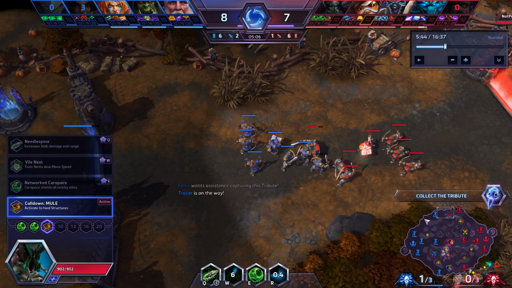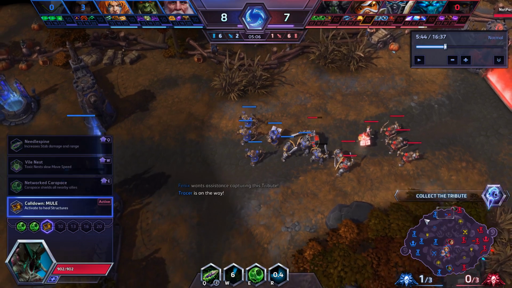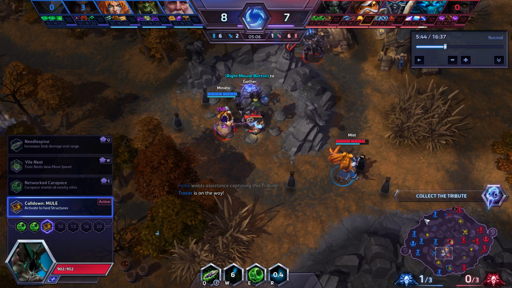So there's many advantages you can get from both macro and micro play, and I think on some maps it's more important to go with one or the other. For example, on this map, there's a lot of things you can do to set up for macro play, but on Braxis, for example, it may be harder to get value out of that because the camps usually will just die to wave clear very quickly, while the objective itself comes down to who can kill who. So I think on some maps it's more important to go for one or the other, while other maps it might be better to go for micro play.